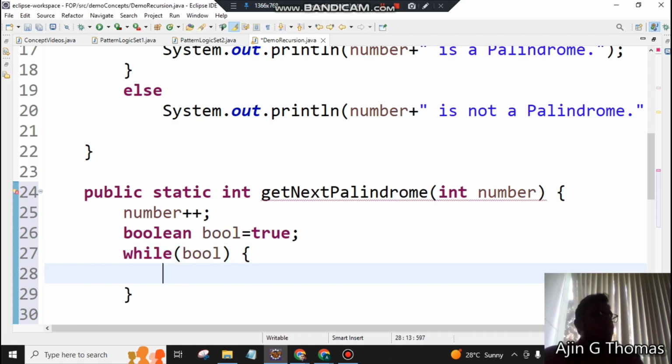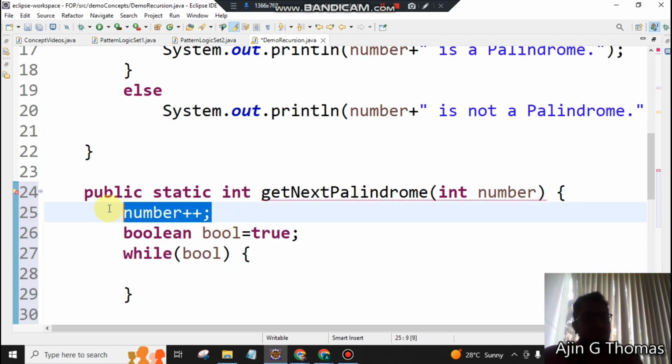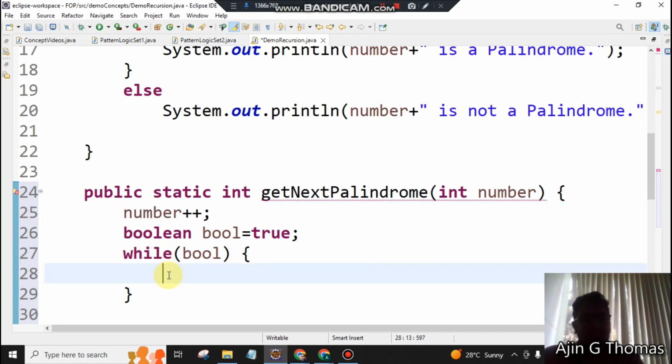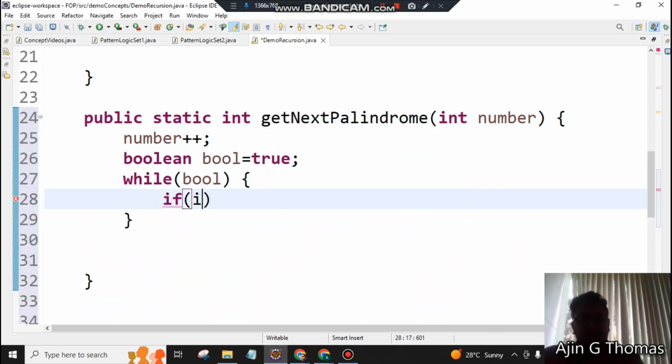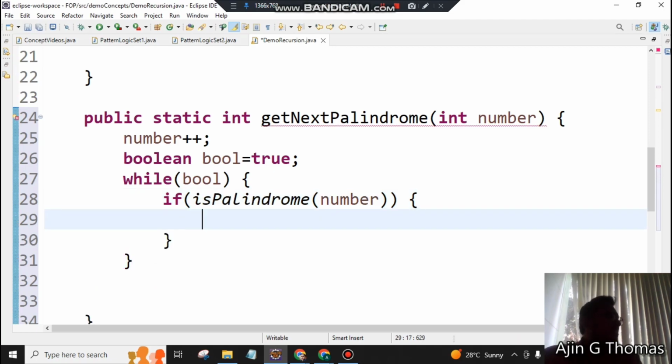Okay. Then what will be the next thing? What do you have to do every time in the loop? Plus 1? Plus 1 I already did. Check whether the number is a palindrome. Okay, how can we check? If, then, which method can we use? Okay, is palindrome of number, then print. If it is a palindrome,